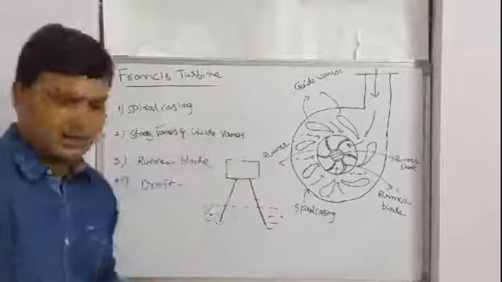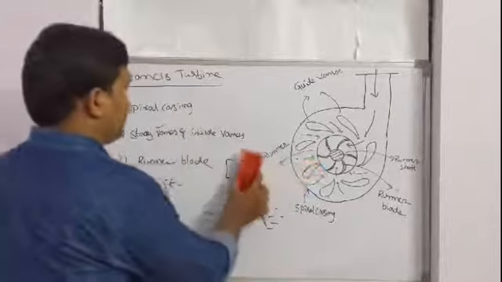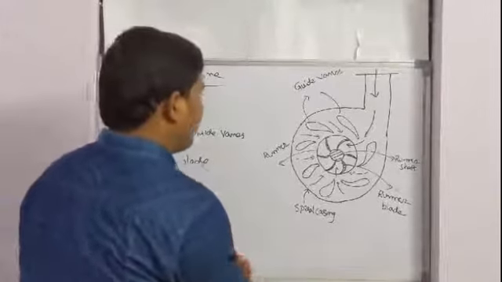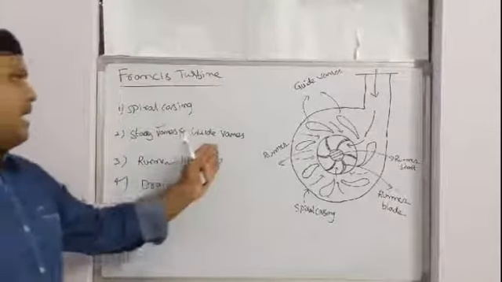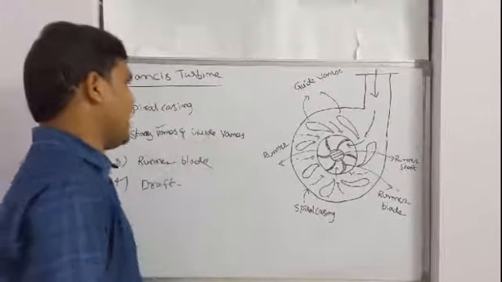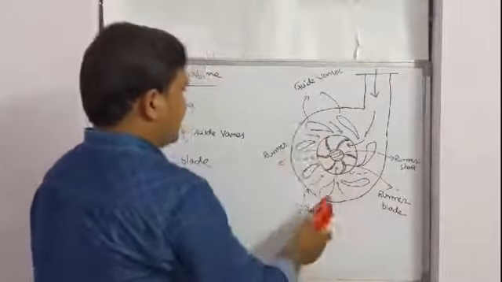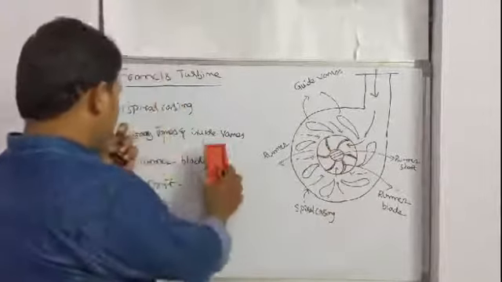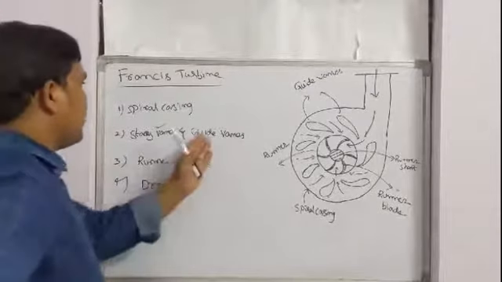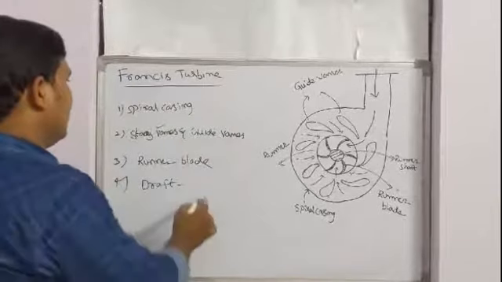Spiral casing: in the spiral casing the velocity increases, which means the kinetic energy increases, while the pressure energy is controlled. The stay vanes are used for controlling the whirl of water, and the guide vanes control the flow angle and flow velocity of the water entering the turbine runner from the spiral casing. The guide vanes are not a fixed type; they are small adjustable, tilting type blades. For better understanding, refer to my lecture video.